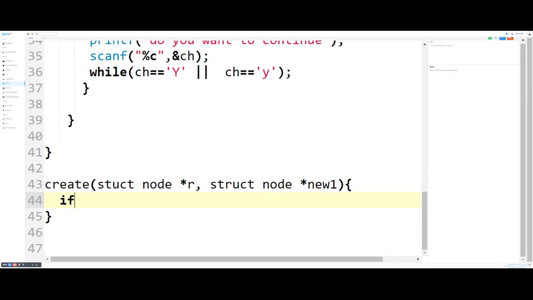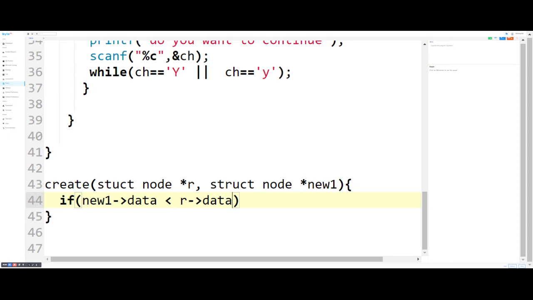So we simply write this. We check here if new one of data is less than root of data.